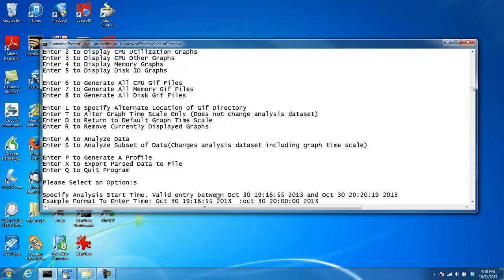And you can see it's telling us what the valid times are in our archive. So we have archive data from October 30th, 1916 to October 30th, 2020. Again, in your case, this could be 48 hours worth of data, which is normally what we recommend, or it could be longer. It could be a month's worth of data. So we enter in the start time,